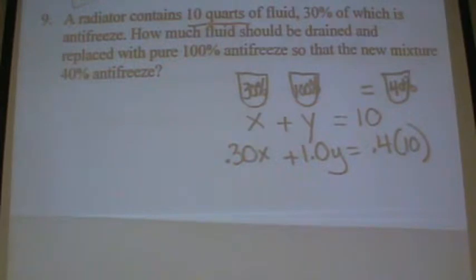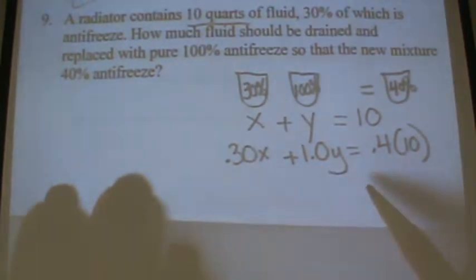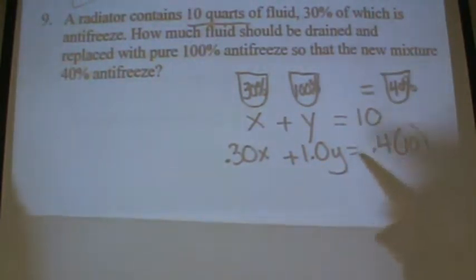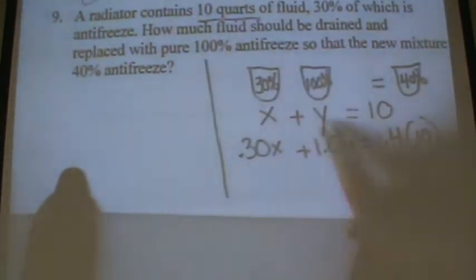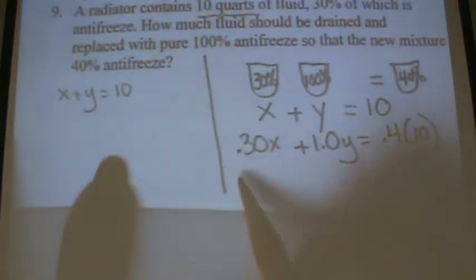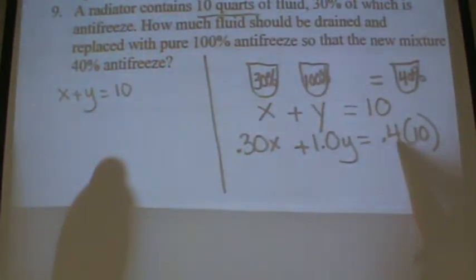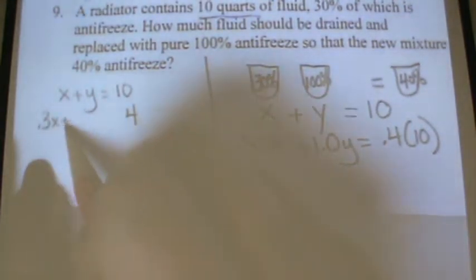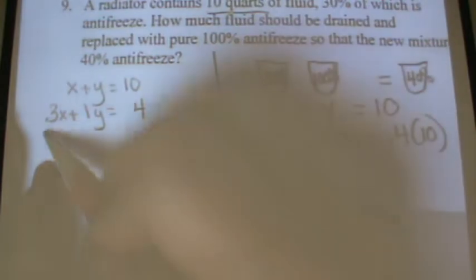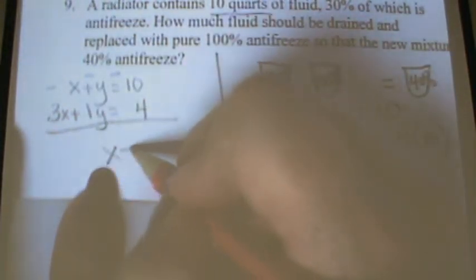Now how you solve them, I don't care. You could solve one for Y and plug it into the second one, or you could use systems of equations, you could actually do this one by hand. How do you do this one by hand? Let's do this one by hand. So the top equation stays the same. How do you alter this equation right here? What is 40% of 10? So you have 0.3x plus 1y equals 4. Now I don't care if you subtract these, you're going to end up getting, for this one,